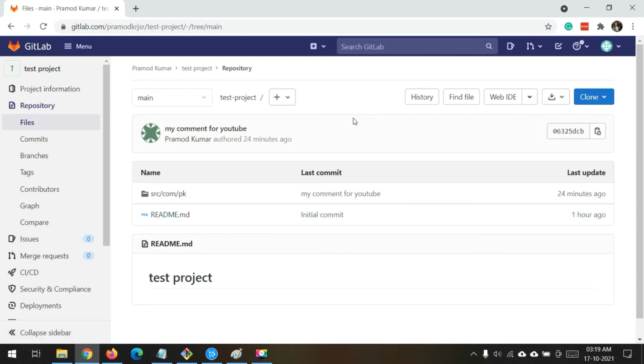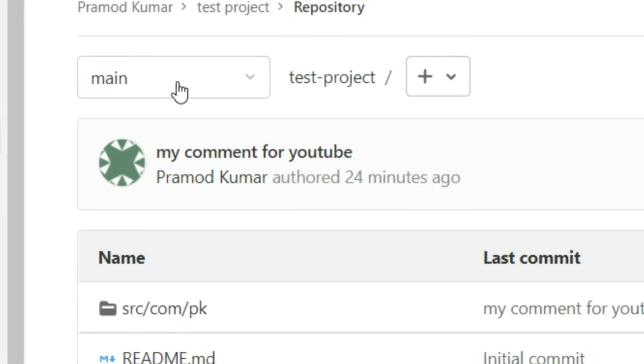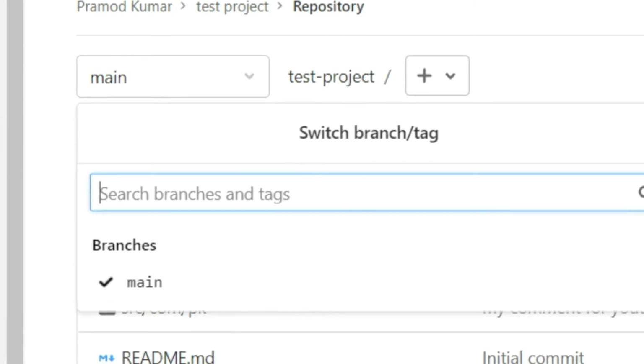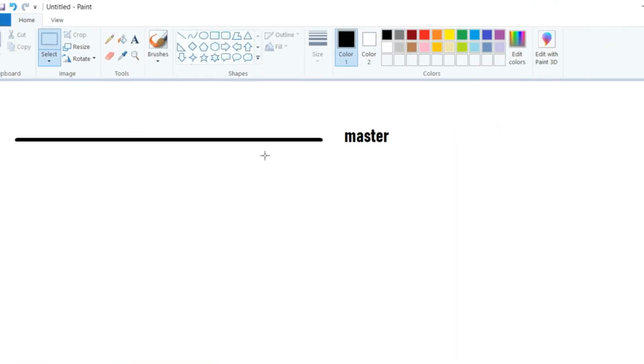In GitLab, and in GitHub also, you have one branch drop down, you can just click and see. It is showing one branch, the main branch, or the master branch as we call it. So at present the remote repository has one master branch.